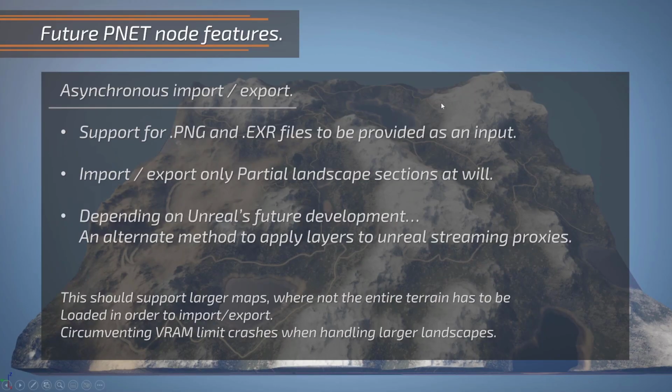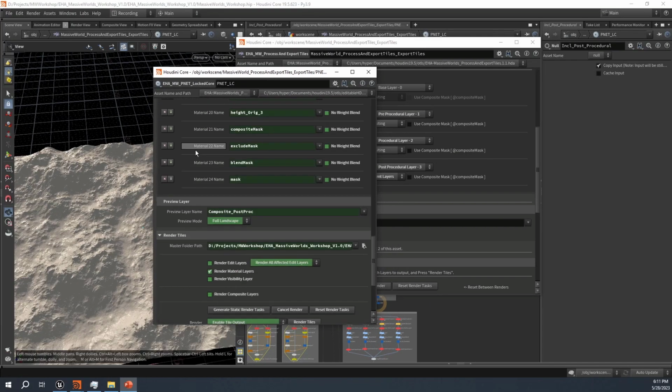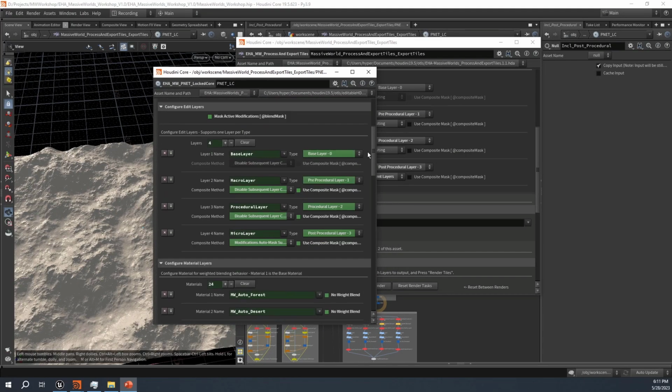Okay, so just to close this off, like I said, I want to make some changes to the PNet node. One of them is to add asynchronous importing and exporting. This could be support for PNG files or EXR files as inputs for the PNet node. So right now we are basically importing, if I go to the setup,